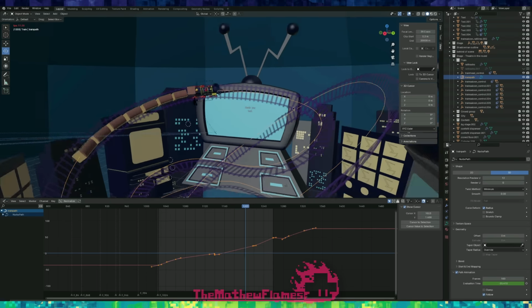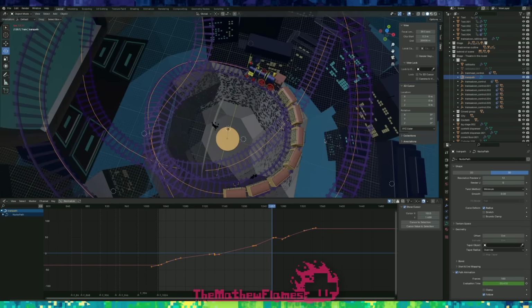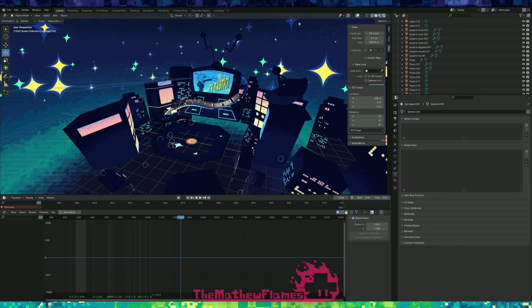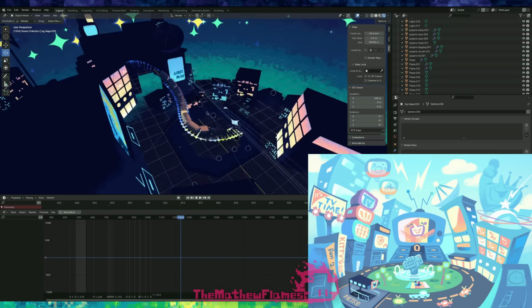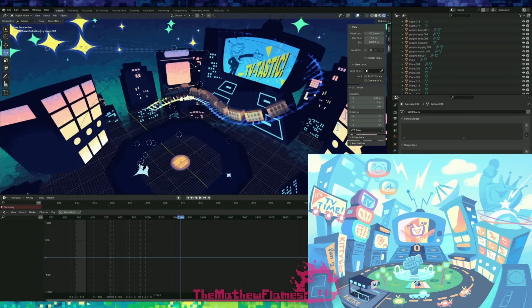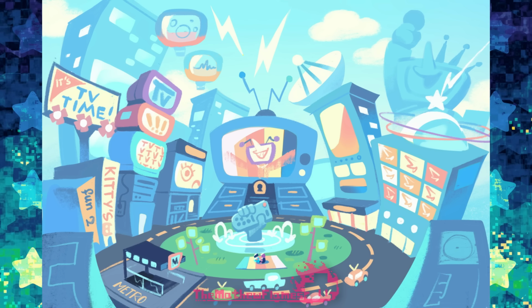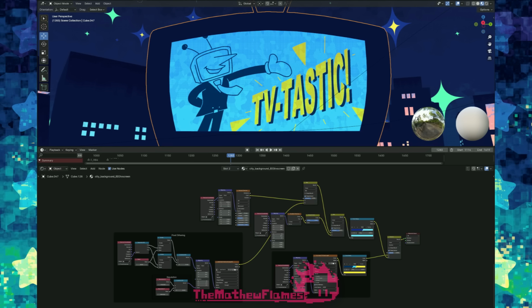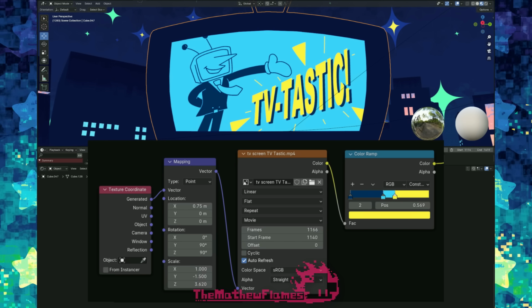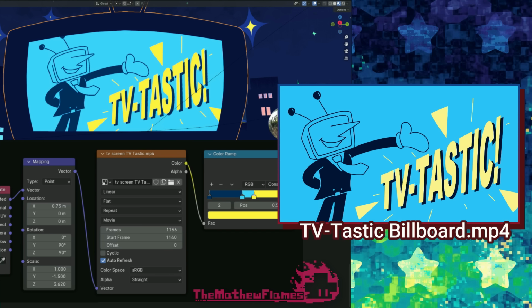Now you can see the big train that flies around in the sky, which is very complicated to set up, by the way. And also the whole city that I made is actually inspired by the concept art that Toby Fox made. Which, I don't understand why they didn't use it. Like, what the heck is wrong with you, Toby Fox? So I did it myself. By the way, the screen on the TV actually uses an image node that contains a video that I created on